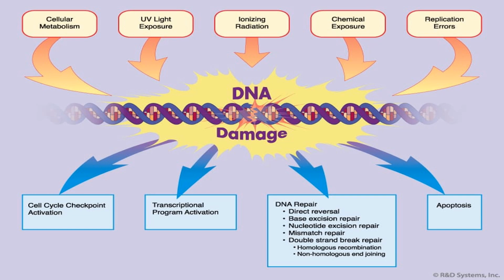Genetic disorders. This is damage to germ cells, sperm, or eggs, and can lead to inherited genetic disorders in the offspring. Cell death. Severe DNA damage can trigger cell death, which is apoptosis, which can contribute to tissue damage as well as organ dysfunction. Understanding and mitigating exposure to these toxic substances is crucial for maintaining genomic integrity as well as overall health. I hope you found this very brief rundown on substances that can damage your DNA